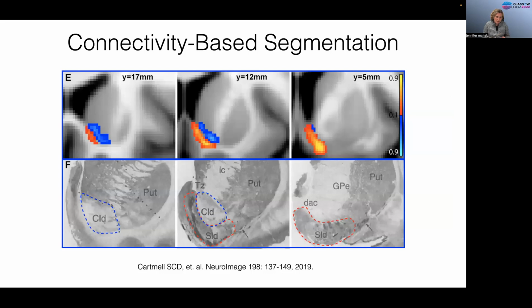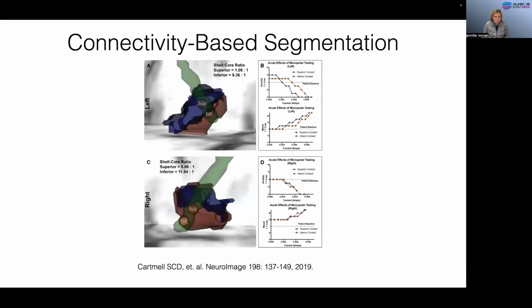And then this is in vivo data where we did do a tractography-based segmentation based on differing connectivity profiles of different parts of the nucleus accumbens, which seemed to line up quite well with some of the known histology. And what was really beautiful was another additional affirmation of this segmentation was some results from a deep brain stimulation that was performed. And you can see retrospectively here, we aligned the tractography-based segmentation to show whether the electrodes were in the two different tractography-defined parts of the nucleus accumbens or in the same